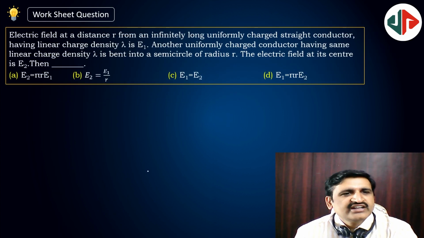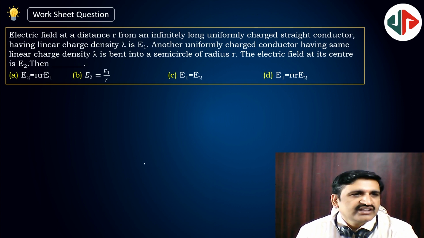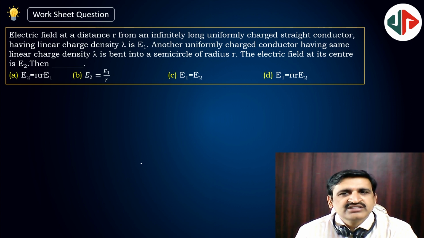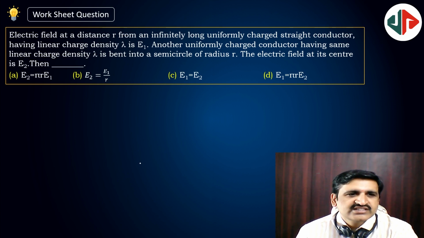Electric field at a distance r from an infinitely long uniformly charged straight conductor having linear charge density lambda is E1. Another uniformly charged conductor having the same linear charge density lambda is bent into a semicircle of radius r. The electric field at its center is E2. Then